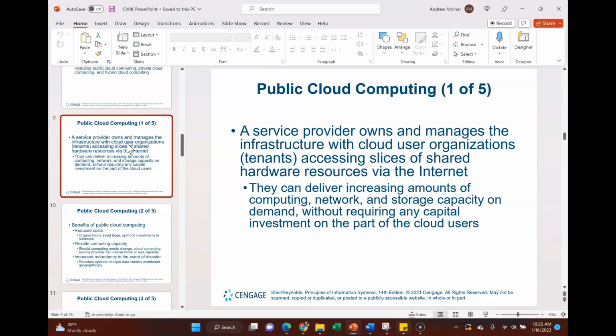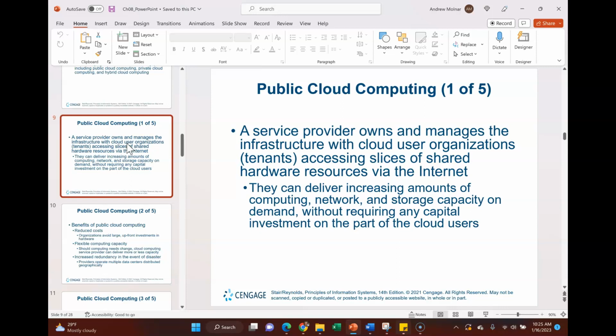So with public cloud computing, the service provider like Google owns and manages the infrastructure, with the cloud user being a tenant. So your business would be a tenant on Google Cloud, and you're using their public cloud, and you're going to access slices of shared hardware over the internet. That's partly what cuts your costs.